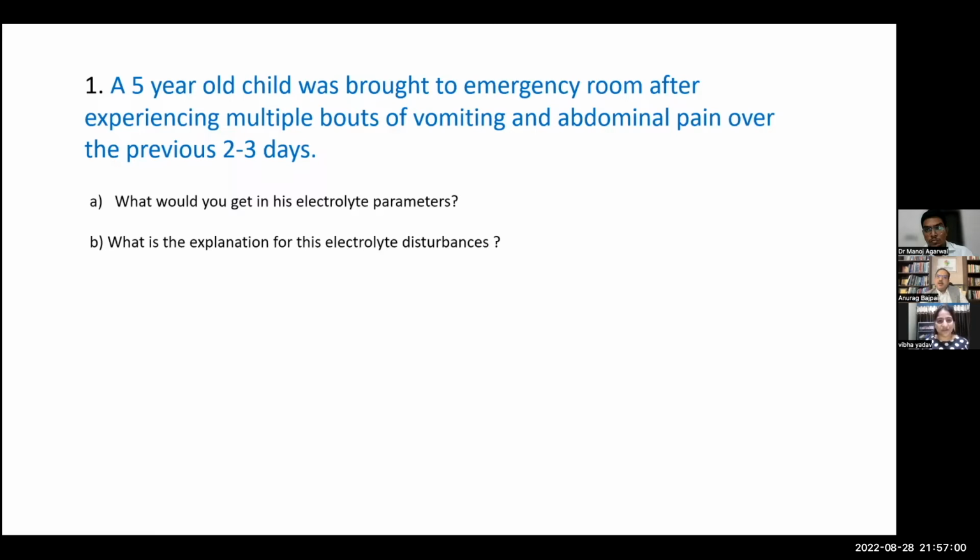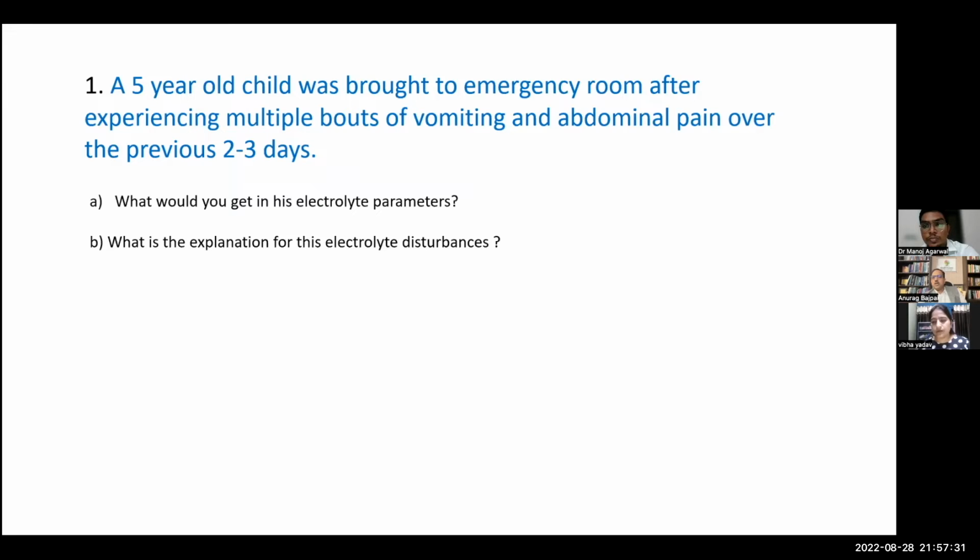So I think people are writing in the Q&A. Hypokalemia, metabolic alkalosis. Dr. Dhwani is writing. Dr. Rajiv is asking about hypokalemia. This is a question which we'll discuss later on. So hypokalemia. What is the cause of hypokalemia here? Is it just the loss of potassium, Dr. Manoj, or is it something else? The cause of the hypokalemia is not direct, it is by the alkalosis, and due to the volume loss, it causes RAS excess, and by that there will be the hypokalemia.